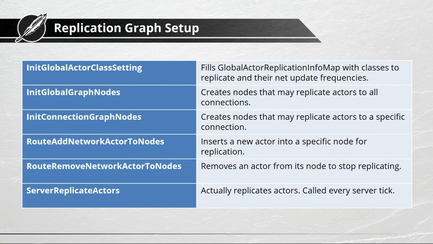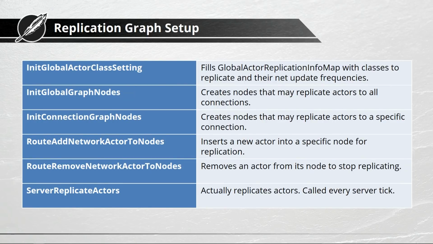Replication Graph was introduced for Fortnite Battle Royale and was experimental in 4.20. And the official documentation stated it was production ready in 4.21. We'll come to that in a minute. But this is the current official state of Replication Graph. So how does it work under the hood? I'm not going to show you actual code here, maybe one slide, just to get the basic idea. When building your own replication graph, you do so in code, by the way.